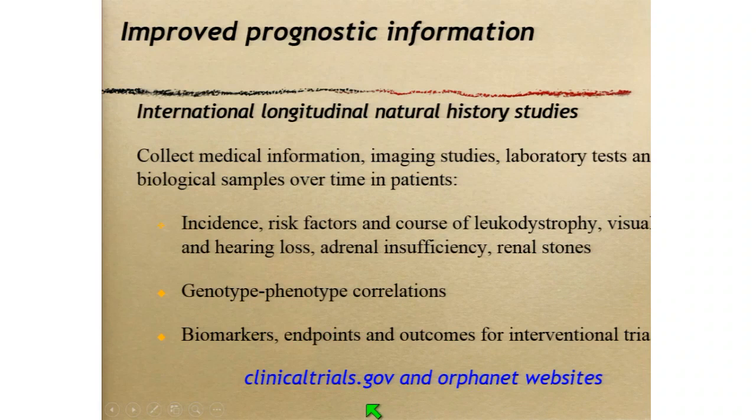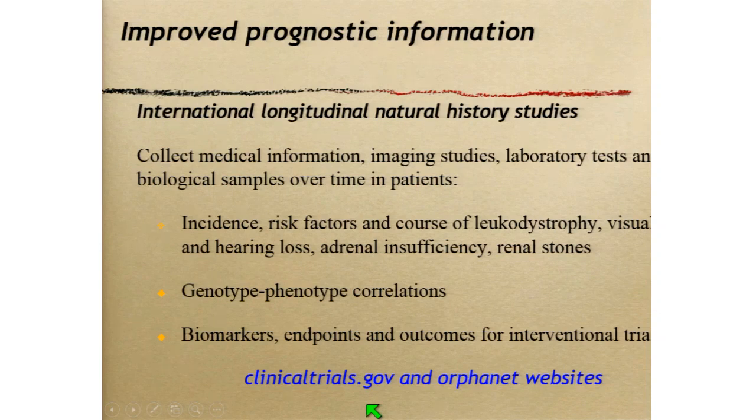You'll be able to find them. But as you can tell, we really need to understand what the risk factors and the causes are of these various phenotypes, like the leukodystrophy, the vision and hearing loss, the adrenal insufficiency, and renal stones. So if that little boy came up and asked me, would he develop a leukodystrophy, for example,